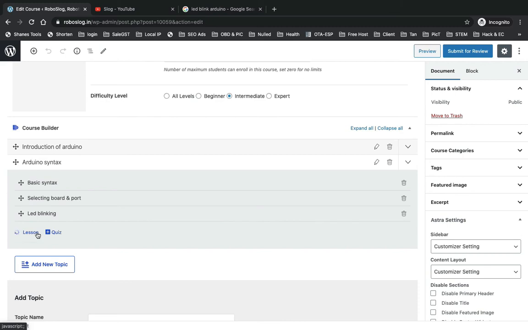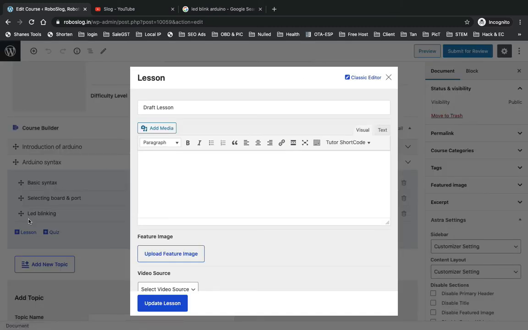Again, I'm just repeating this last time. In the lesson section you have two editors, the normal editor, and the second one is the classical editor, what you see on your post editor. In the post, whatever you have seen during post making, the same editor is this classical editor, right? That is called the Gutenberg editor.